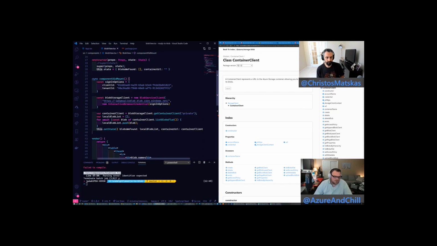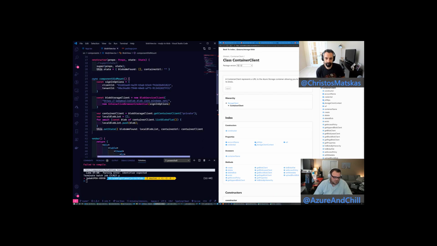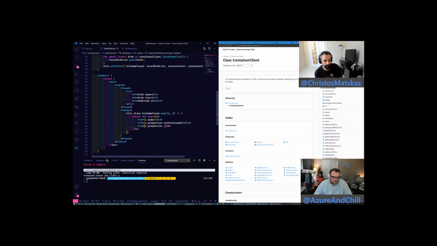Easy enough. Oh, but we're still mapping out of the blobs we found. No, that's fine, it's in the state. We'll just use this.state.containerURL